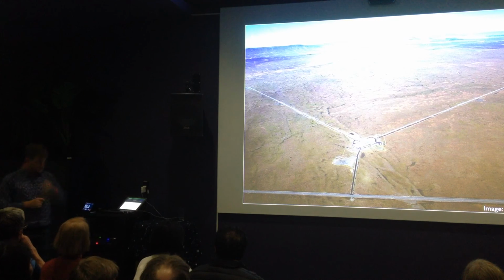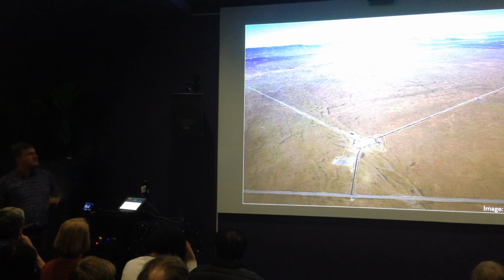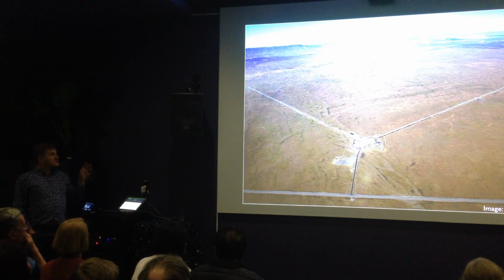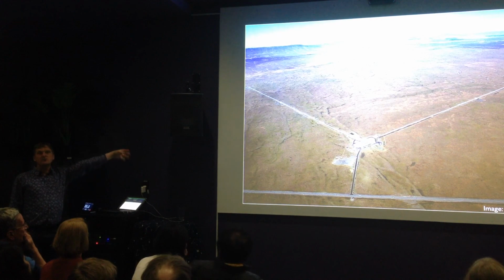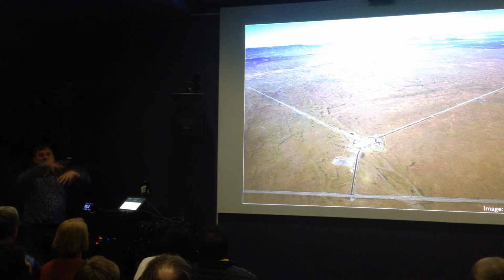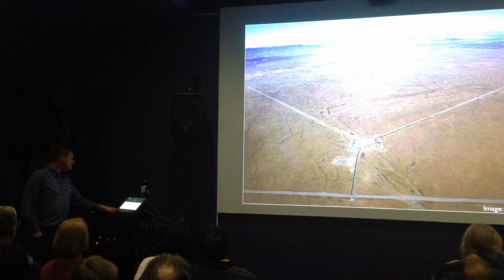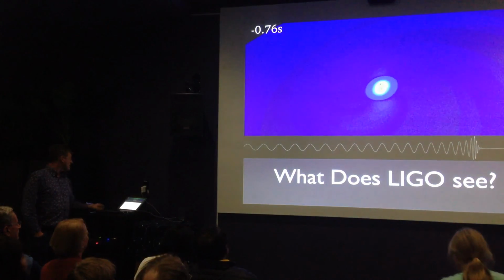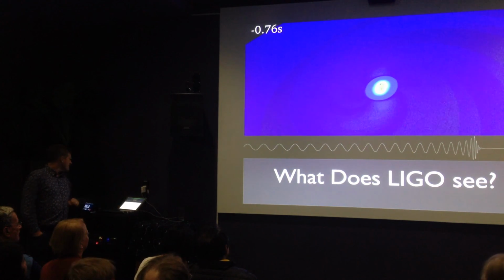They change by about 1 part in a million trillion, which is much, much less than the width of a single atom. And with lots of cunning optics and various other things, we can actually see these changes exactly. The most intense way we know to generate gravitational waves is when two black holes meet each other, merge, and form a single black hole. The first detection was in 2015, and what LIGO sees is something like that. So on September